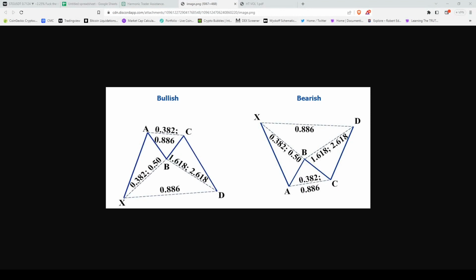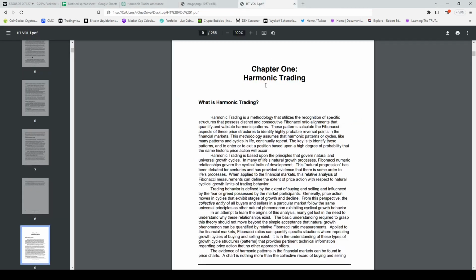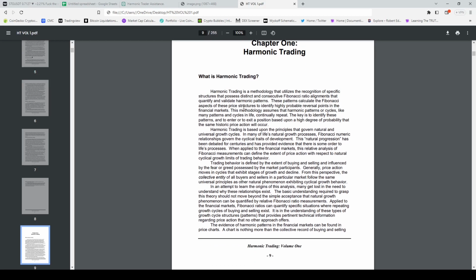Alright guys, just gonna go ahead and run through the harmonic bat pattern. So this is one of the most common harmonic patterns, and before we really run into it, I just kind of wanted to show you what harmonic trading is to start with. This is a very important chapter, chapter 1 of Scott Carney's harmonic trading book. But basically harmonic trading is a methodology that uses the recognition of specific structures that possess